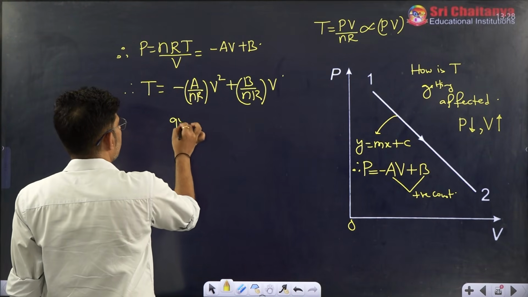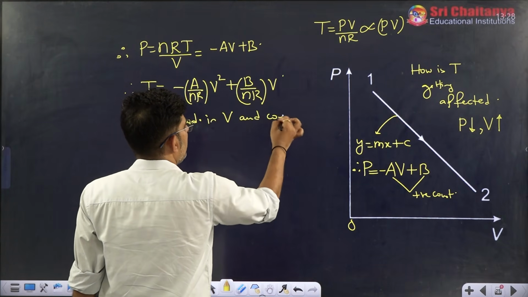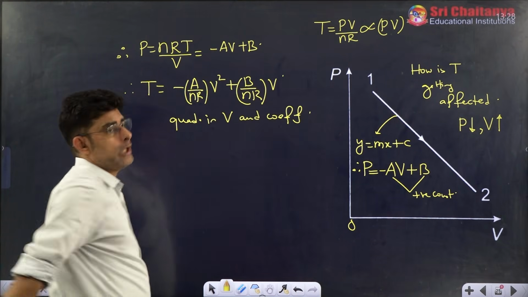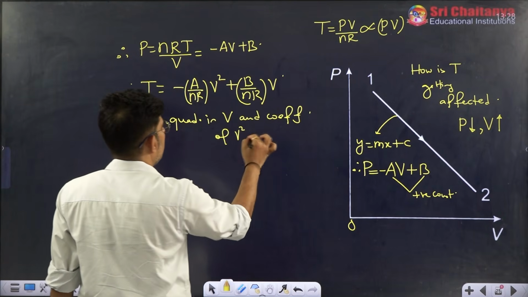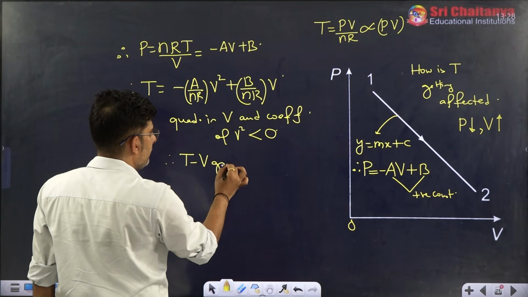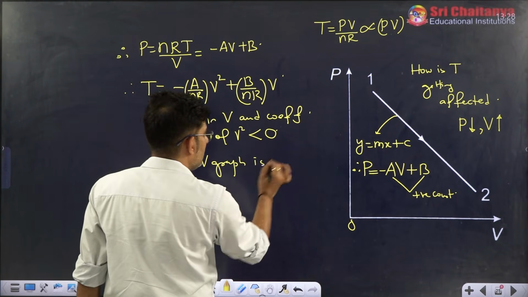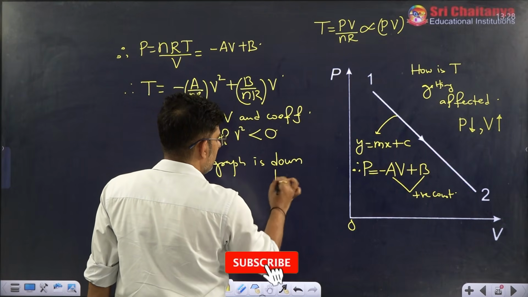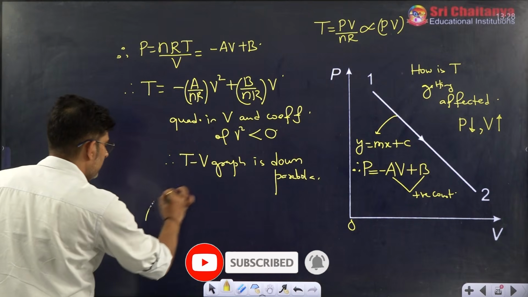So the equation is quadratic in V, and whenever we have a quadratic equation, the graph will be a parabola, and the coefficient of V square, minus A by NR, is negative. So the temperature versus volume graph, if you draw temperature on the y-axis and volume on the x-axis, will be a down parabola. Now what does a down parabola mean? It means that